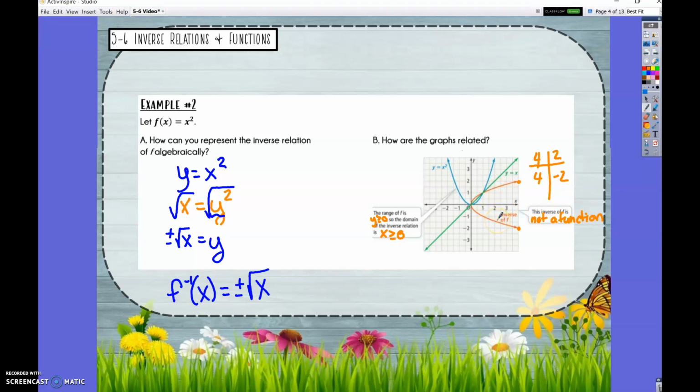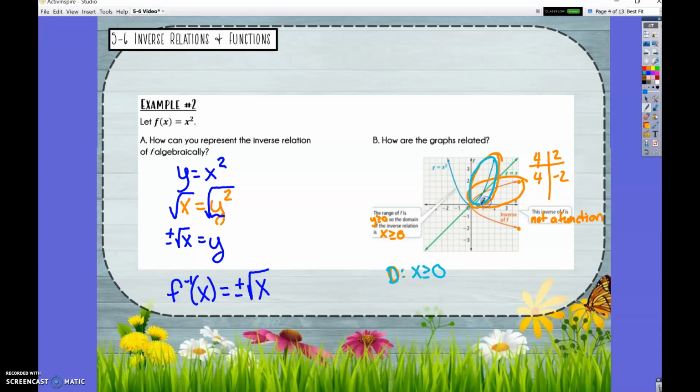So while we found an inverse relation of the function in plus or minus root x, it actually would not be a function. We'd have to restrict our domain. So if we were only to look at this right-hand part of the equation of x squared, we would just be focusing on this top part. So if we restrict our domain, let's say our domain for our blue graph, and I'll write in blue here for that, where x has to be greater than or equal to 0,